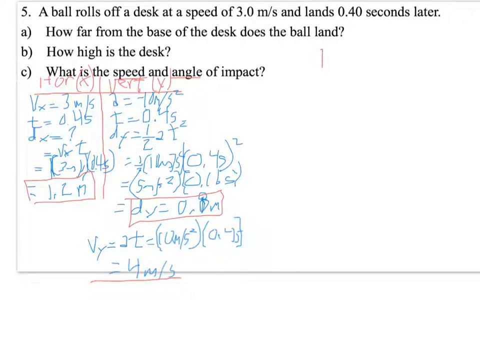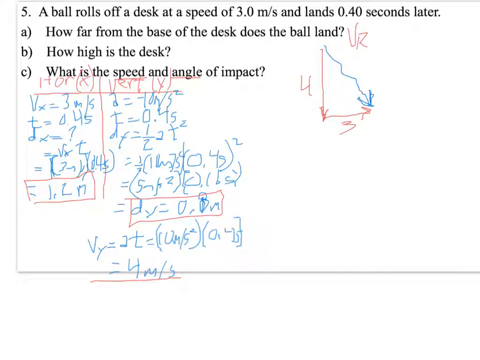So if the ball is going down like this at 4 meters per second, and its horizontal velocity like this is 3 meters per second, then its actual impact will be in that direction,